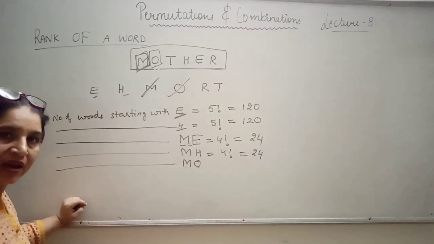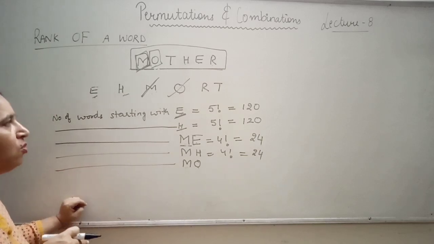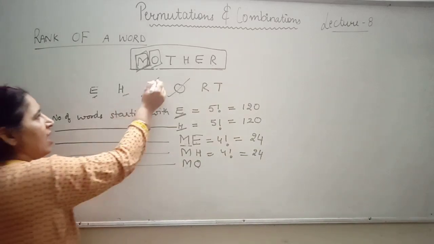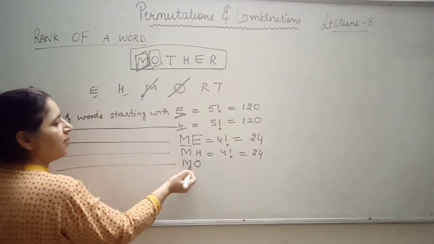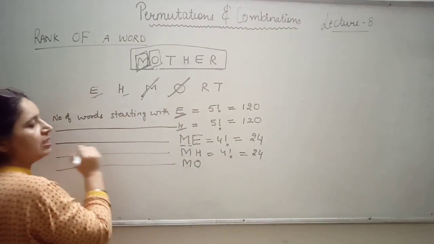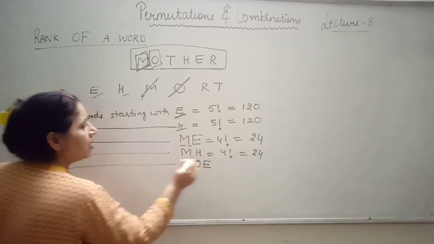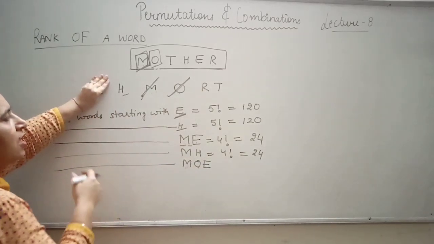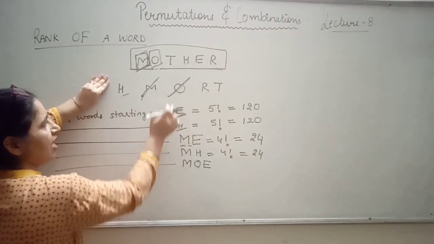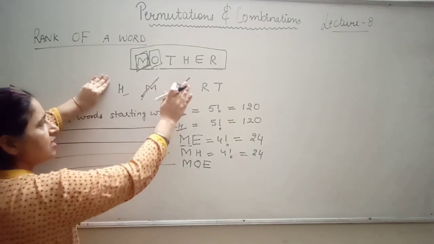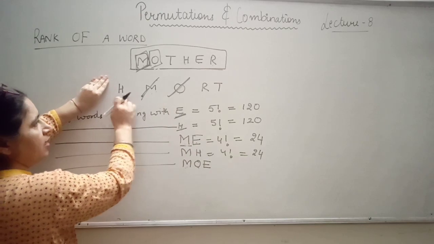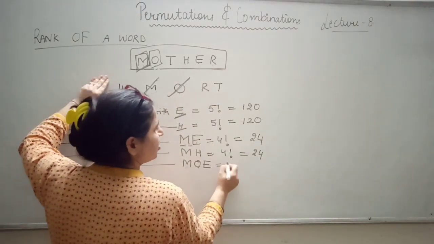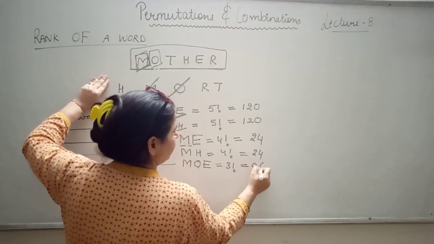Now the third letter again we will choose according to alphabetical order. So now M is also cancelled and O is also cancelled. Now along with M and O I am going to take this E. So now I will hide E. Now how many letters? Because 3 letters have been used. These are cut. Don't consider these. I am going to hide it because I have used it. Now how many are left? 1, 2 and 3. So this is 3 factorial. We know that is 6.